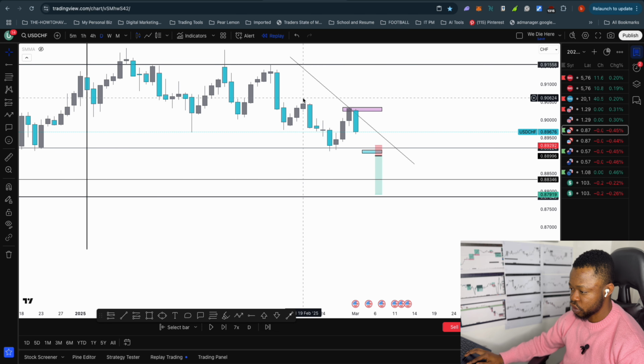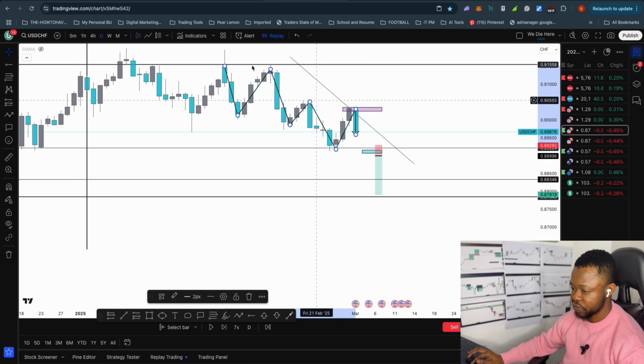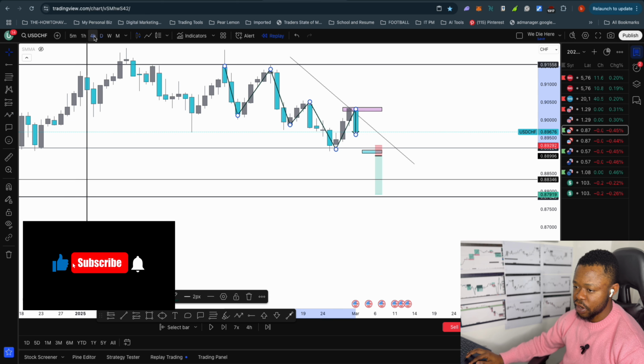You can see we have a double top formation here, and we can see how price has been bearish. Price did this double top here, came back down, created a high, came back down, created another high. Then we have this. So if we come back to the 4-hour time frame,